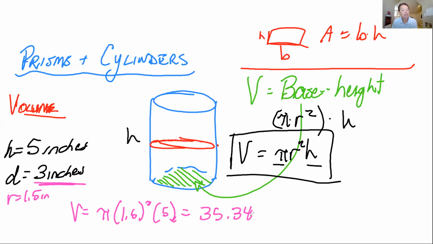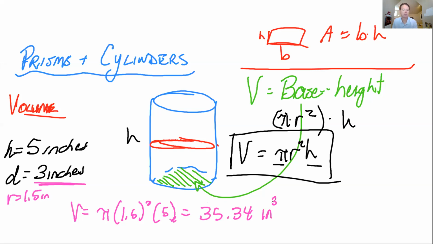Pi times 1.5 squared times 5 is 35.34. Now let's think about units here. I'm measuring in inches, but I'm not talking about area, which would be square inches. I'm talking about volume, which is cubic inches. And to be clear, as you go through and do some of these, and I know we're not going to be doing a whole lot of these,